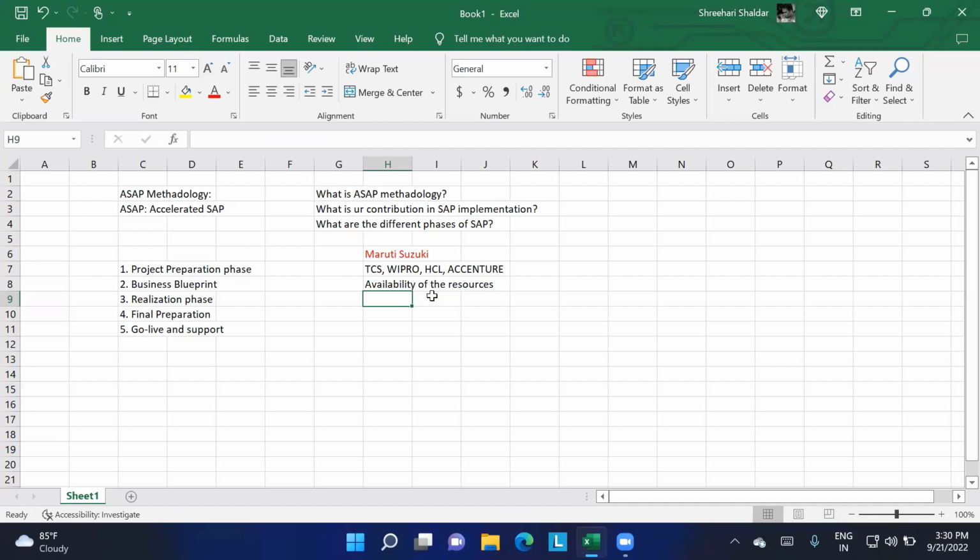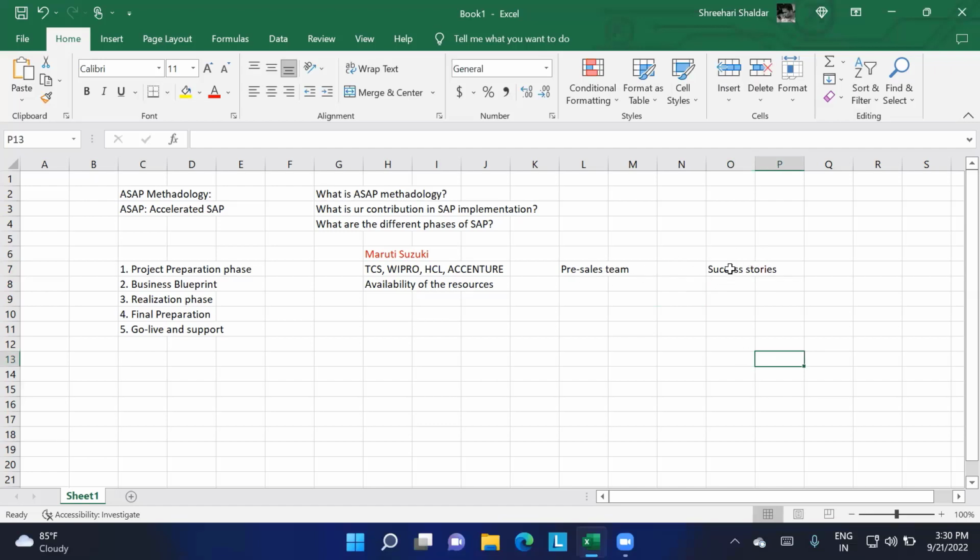Meanwhile, TCS, Wipro, HCL and the others will have a pre-sales team. This pre-sales team will visit Maruti Suzuki and tell them about their success stories, since they may have implemented SAP for many different companies.